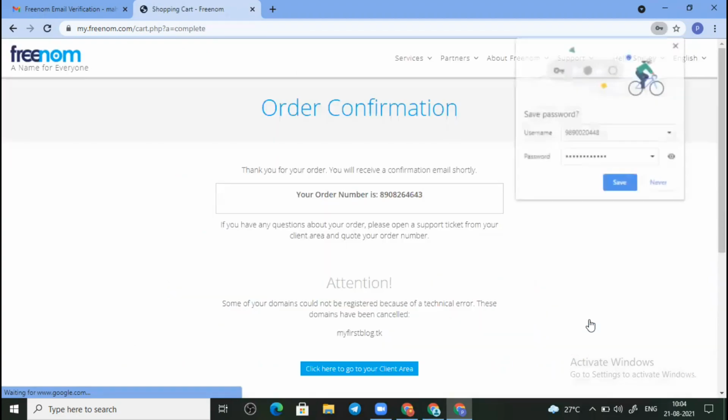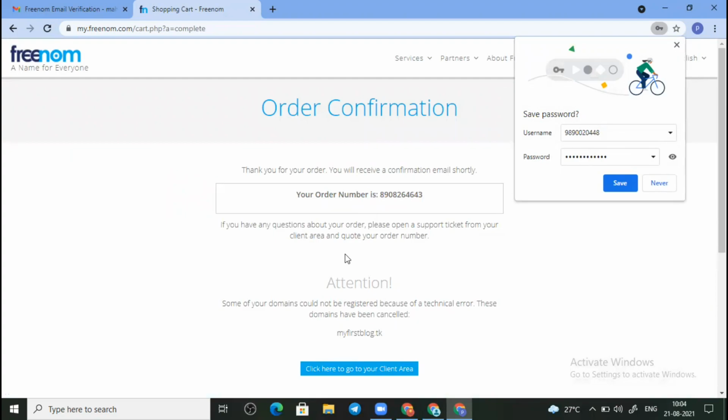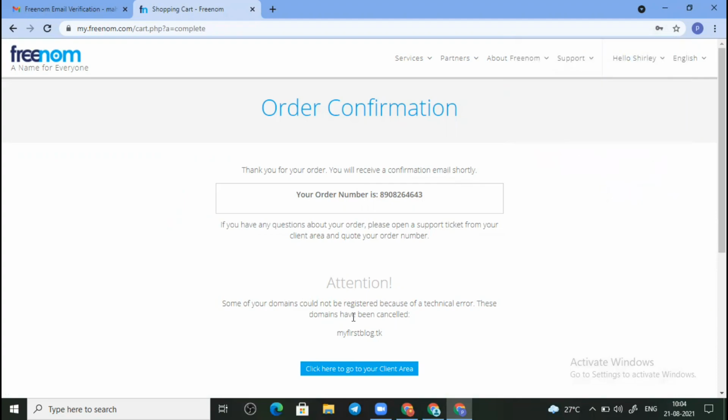As soon as you complete, they have written that attention, some of your domains could not be registered. So this is the reason why I was telling you that we need to write dummy address of US and number. Like we have to write whole information in Freenom account as dummy of US, because currently that website is showing error while purchasing domains if we write the address or country as India.